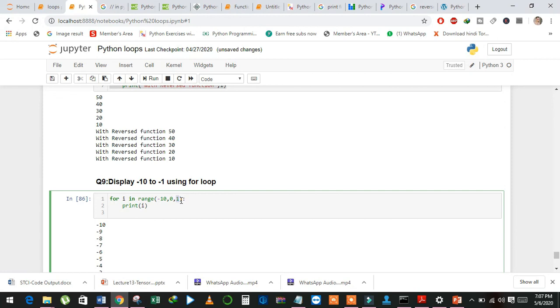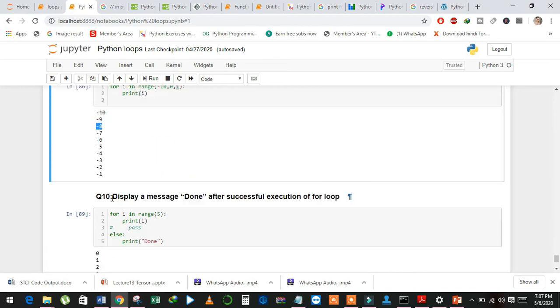It will be incremented by 1. When it runs for the first time, -10 plus 1, it returns -9. When it runs for the second time, it will return -8, and so on.